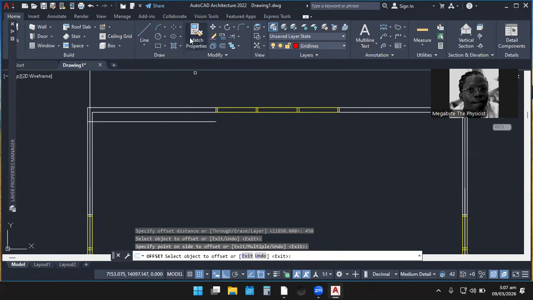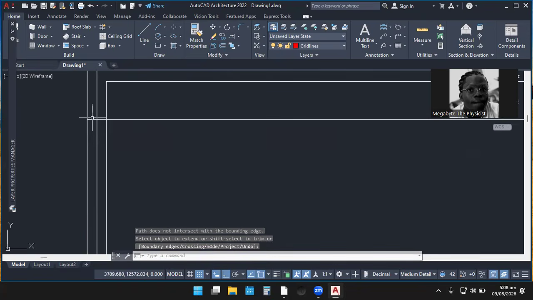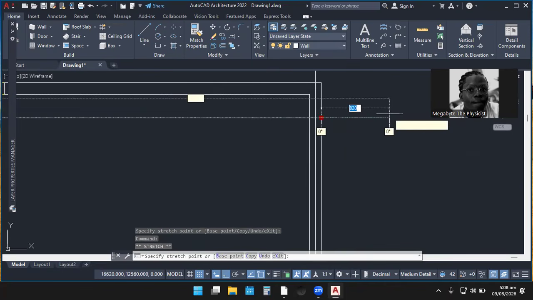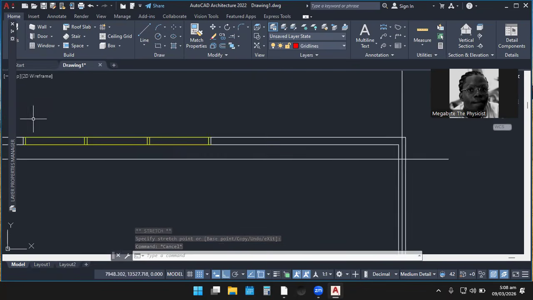Now we can extend it from here. Now let's escape. Let's extend it from here the fast, simple way. Extend. So let's extend this way. This could be one of the fastest ways. After extending, I'm just pressing enter. Then I come and click the line itself to just increase the length a bit. Then now I can offset backwards.